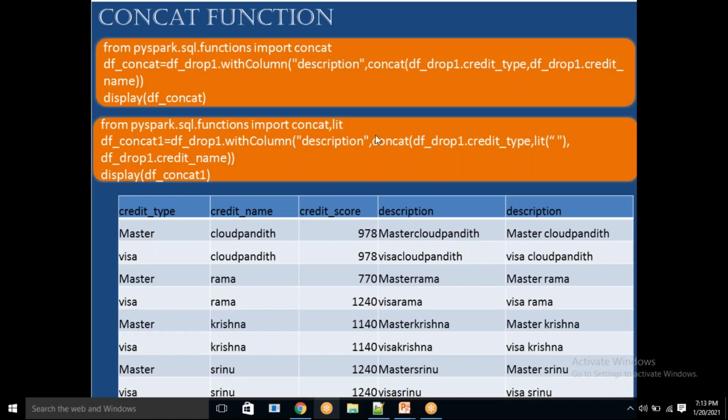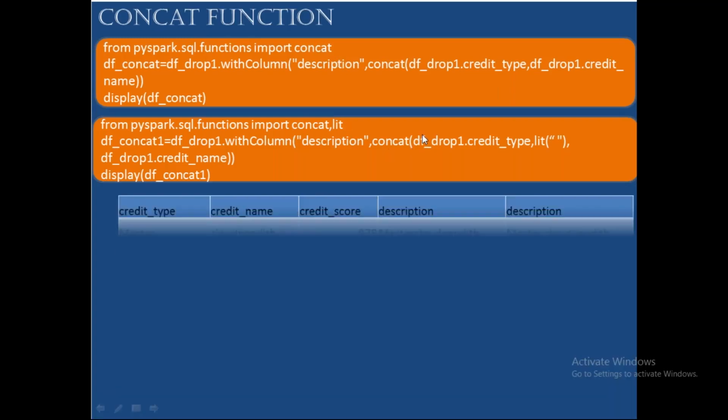Okay, Malaya. I just imported here from pyspark.sql.functions, import concat comma lit. Concat is also a PySpark SQL function. Lit is also a PySpark SQL function. Okay, I just imported both. As I am not using that constant value space here, that's why I am not importing lit here. Fine. Next,